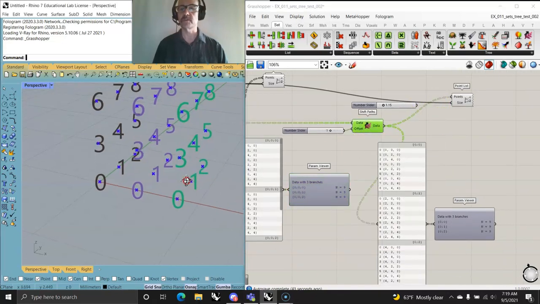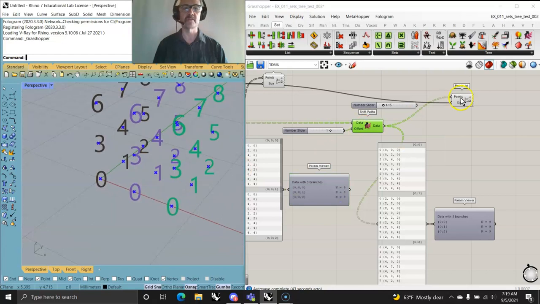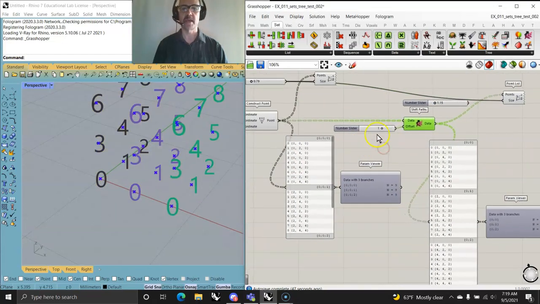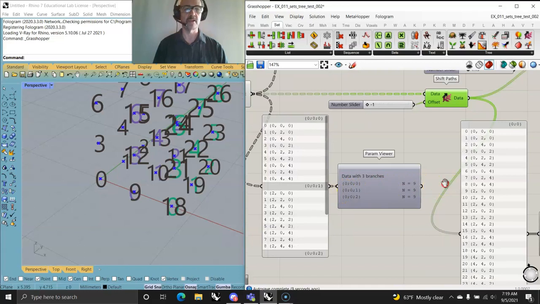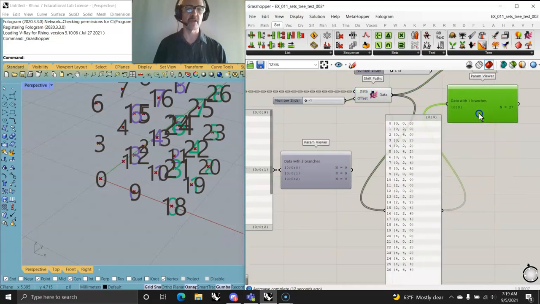Shifting paths is pretty nice because what's happening when I shift paths? Now the visualization here, the only way to really tell as I shift the paths here and through, I thought the colors might change, but you can see what happens. If I shift back, oh no, this is a shifting of the paths and counting what's happening here. And this can be a little tricky. You've got to watch the